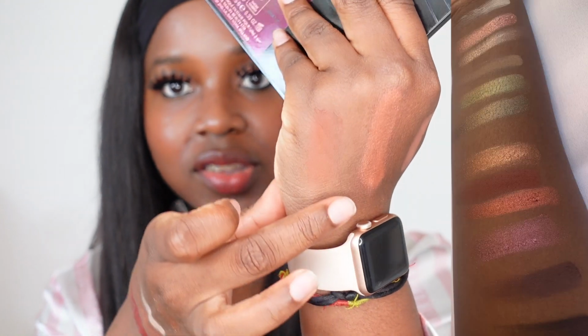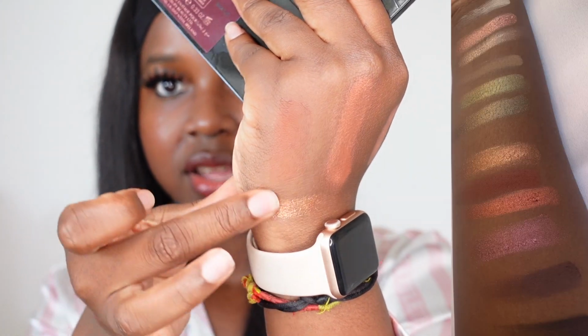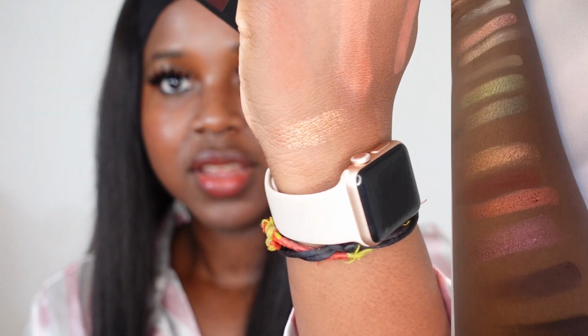So I'm going to do a couple swatches. This is from the Happy Eyes set. Yeah, that's a gorgeous shade. I'm actually just going to pat some of that over the top of this. Okay, that's super pretty. I actually really liked the contents of this box, which I didn't think I would, because